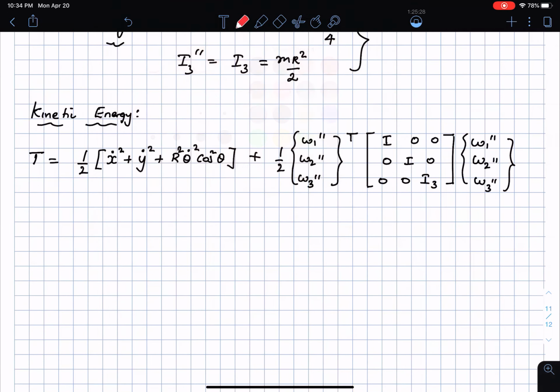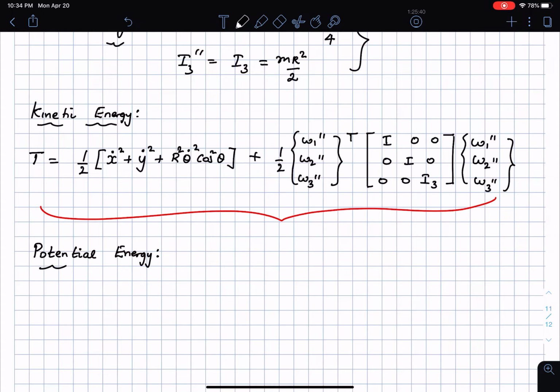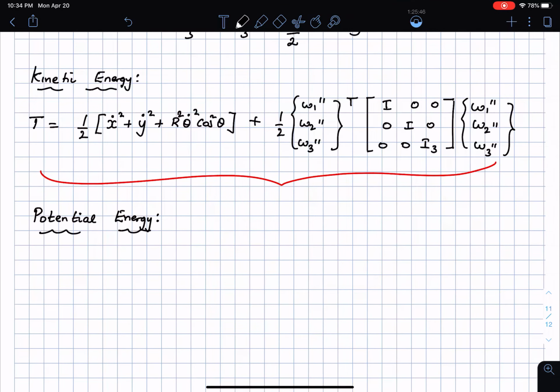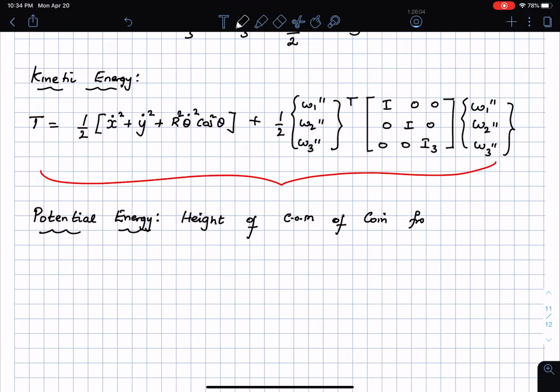Let me just write down the potential energy as well, and then we are on our way. To write the potential energy, for the potential energy I just need to find out what the height of the center of mass of the coin is from the ground. So this is equal to z, right? So the height of the center of mass of the coin from the horizontal plane, which is the datum,